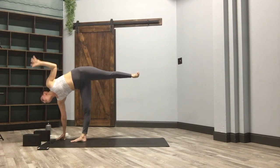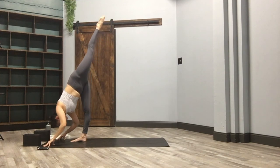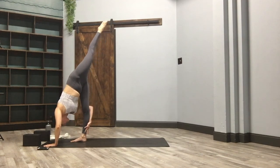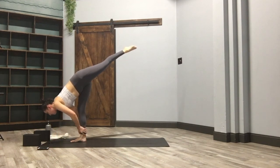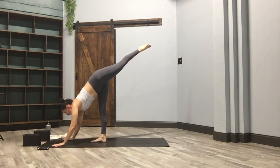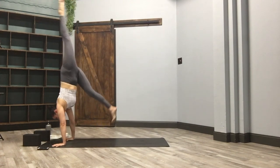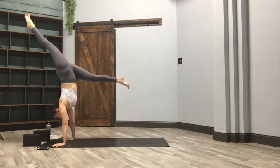Standing split, both hands down. Now your left toes shoot up high, and then the crown of the head points down. To deepen in this variation, you can bring the right hand around the calf. You can work your balance, pulling the belly in, grabbing the ankle. You can also work handstand hops here. Planting the hands, shifting the weight forward, hopping up, and holding for 3, 2,